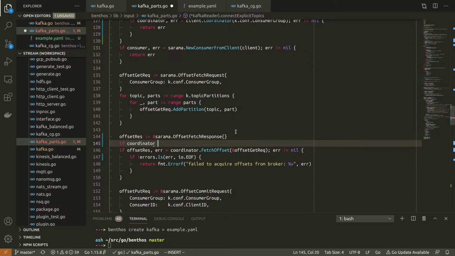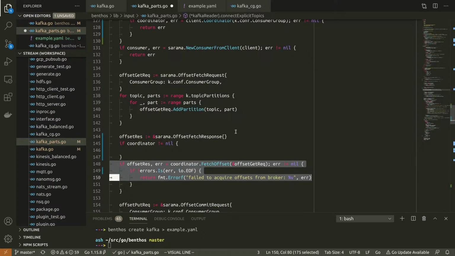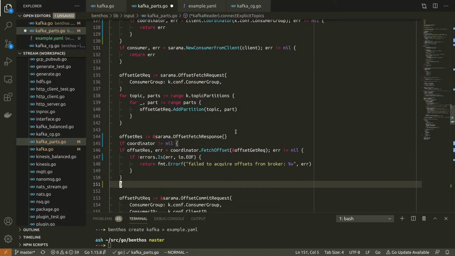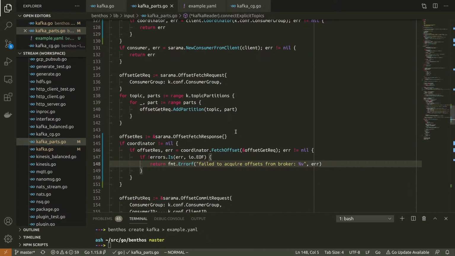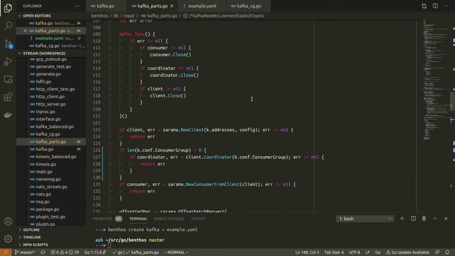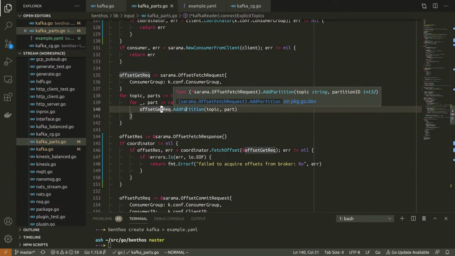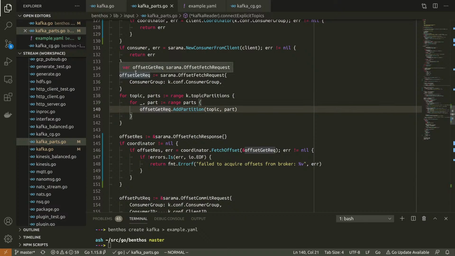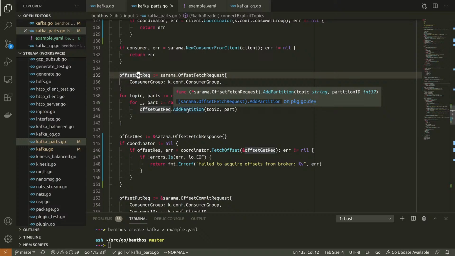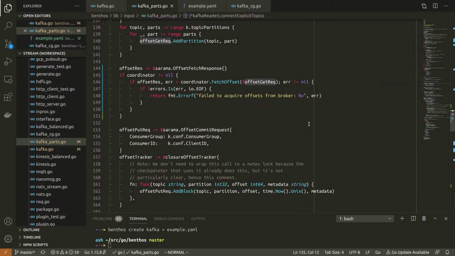I'm just going to read through the logic here, both to make sure I've understood it and to try and explain what I'm doing. So when we first start up, we want to fetch the stored offsets, if there are any, for the explicit partitions that we've added to our offset request. There's no point in me initializing this either when we... oh, actually, yeah, there is.